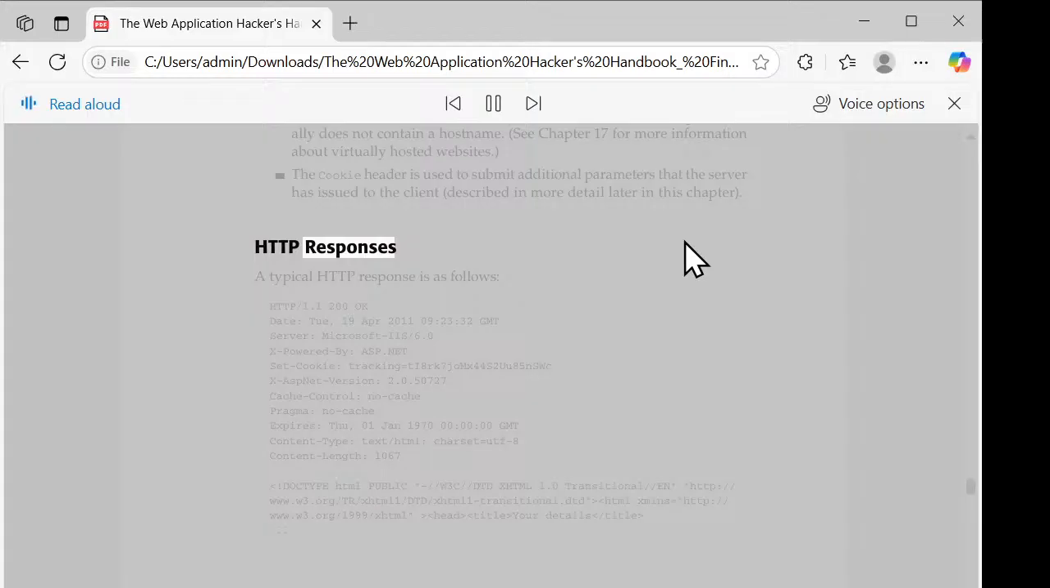HTTP responses. A typical HTTP response is as follows. HTTP/1.1 200 OK Date: Tue, 19 Apr 2011 09:23:32 GMT Server: Microsoft-IIS/6.0 X-Powered-By: ASP.NET Set-Cookie: tracking=